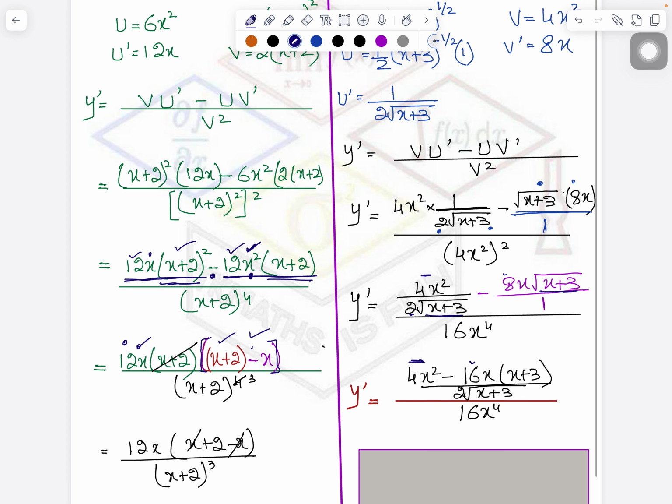So you can put the video on pause and try out these two questions yourself. I have done halfway, so I will substitute the values here and solve it in front of you. So if anyone still needs clarification, can focus here. So differentiation of x will be 1, and differentiation of e power 3x will be 3 times e power 3x. And now I will substitute these values in this formula. So it will become